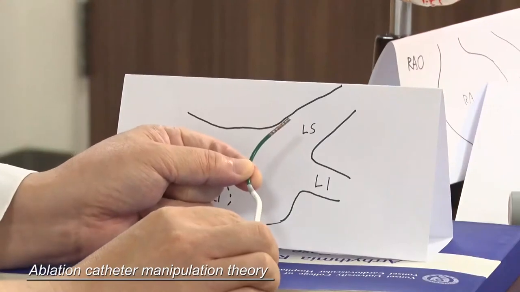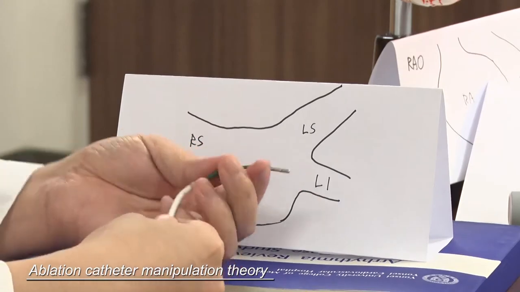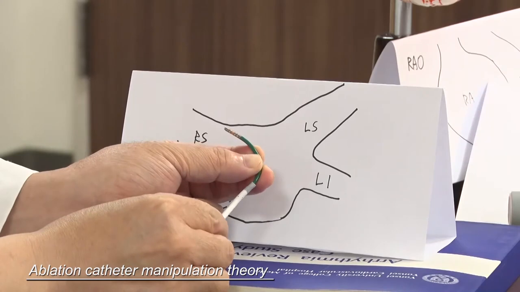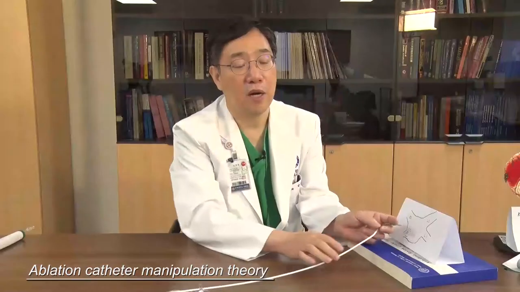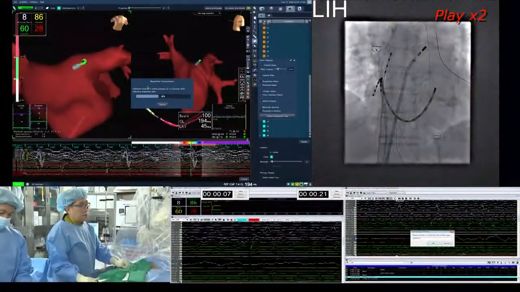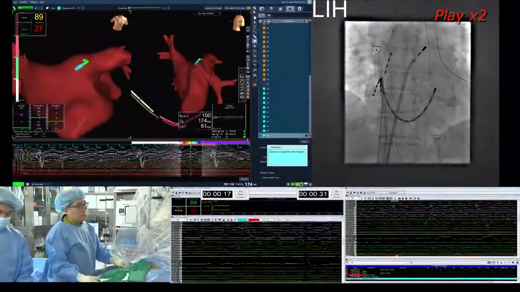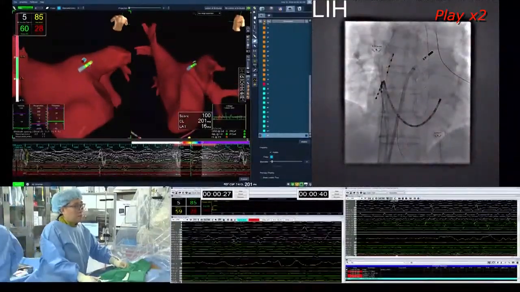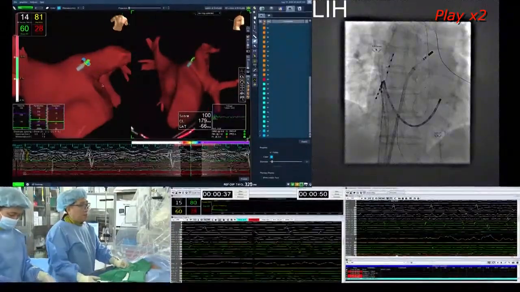like this. Okay, for the right side pulmonary vein upper roof, also in the opposite direction, you can make contact like this. So generating a second curve is useful to ablate the roof of both pulmonary veins. Okay, now let's start the PV isolation. I usually start from the left side upper pulmonary vein and the anterior ridge because this location is the most important part of PV isolation and has a high recurrence in this area.